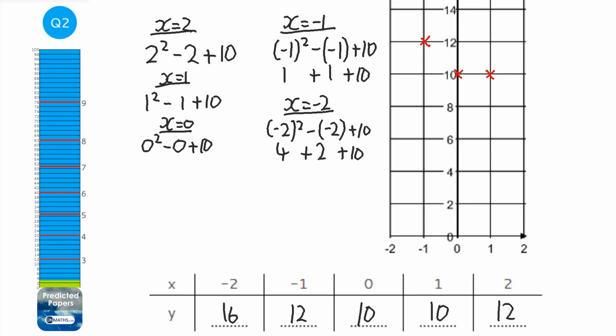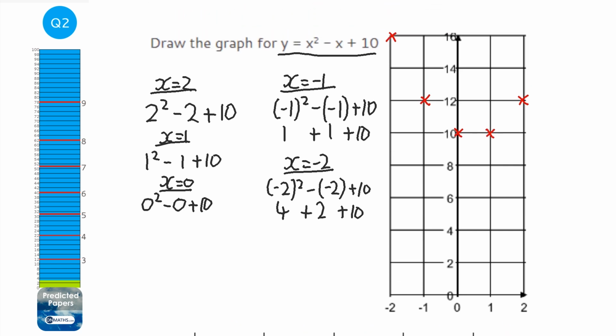10, and 12. Okay, so next we need to join these up. Now, there's a few rules for joining up a quadratic. It needs to be a U rather than a V. If you've got 2 points at the bottom, which we do, you need to make a point to go beneath them